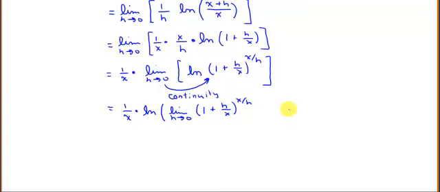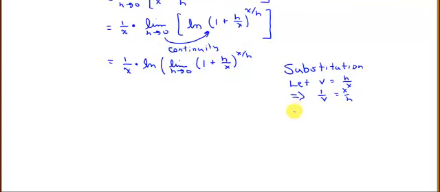And now I'm going to make a substitution. I'm going to let h over x be v. Then that implies that 1 over v is x over h. So this exponent is 1 over v. And that also implies that if I look at the limit as h approaches 0 of v, that's equal to the limit as h approaches 0 of h over x, which